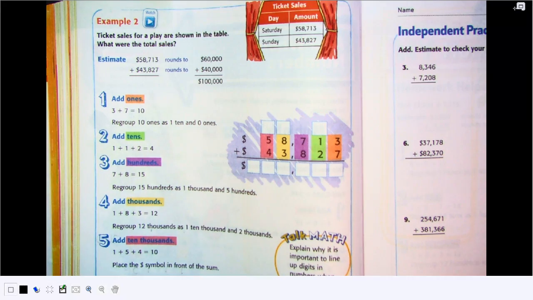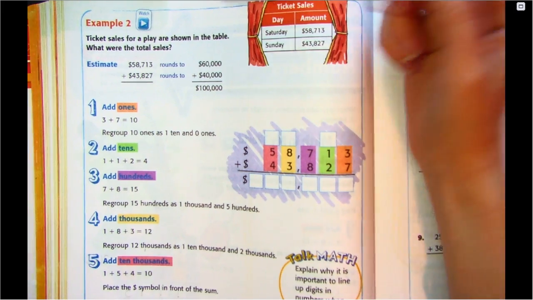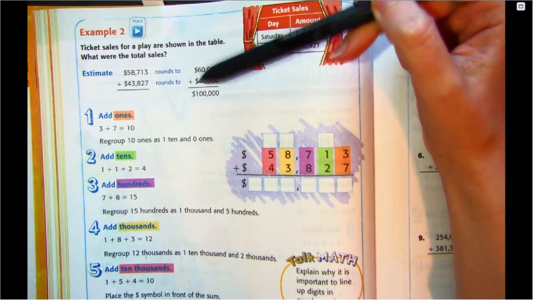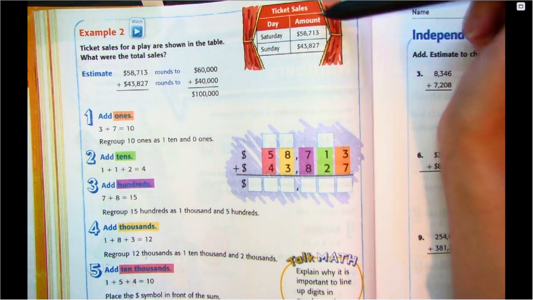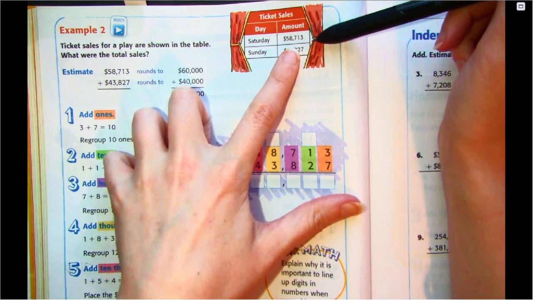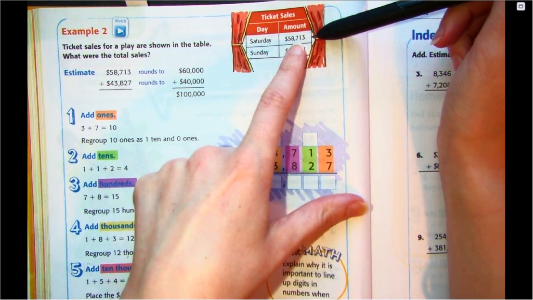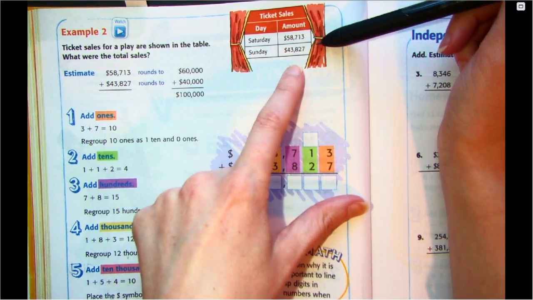Today we're going to be reviewing how to add whole numbers. So today, our ticket sales for a play are shown in this table over here. What were the total sales? So if I look at this table, it tells me that on Saturday, $58,713 were sold, and then on Sunday,